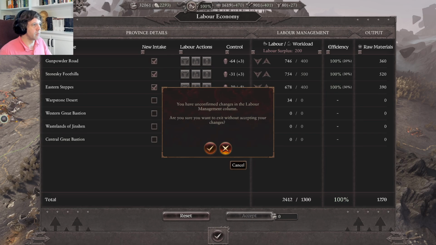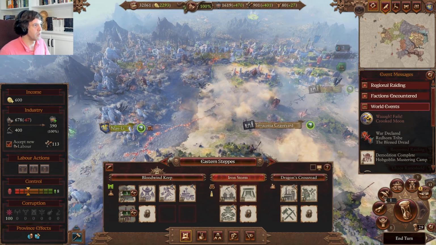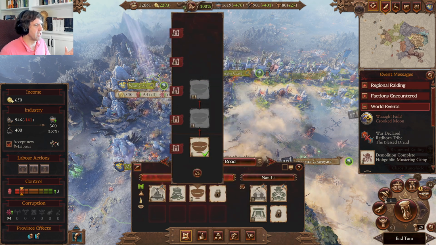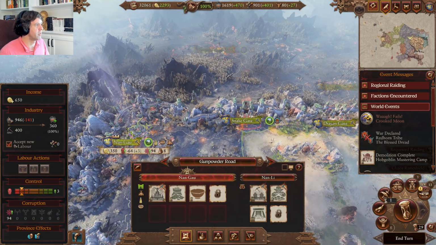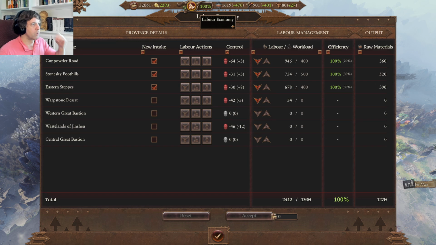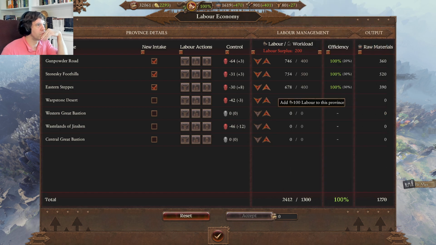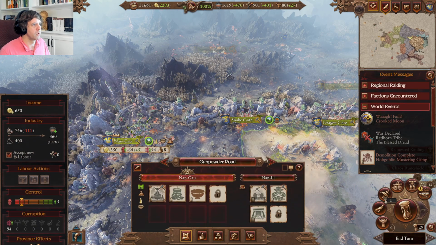Wait, where do we need it? Okay, so we need it in Eastern Steppes. We can move it from Gunpowder Road. Yeah, why are we even sending labor here? Oh, we do need it for this raw materials. Okay. Okay, so we can send a little bit from Gunpowder Road. Okay. And then...